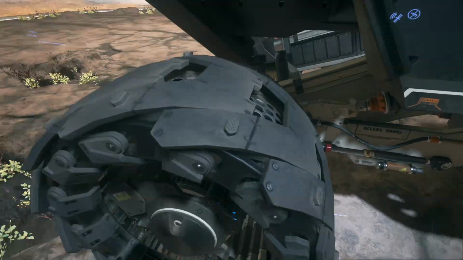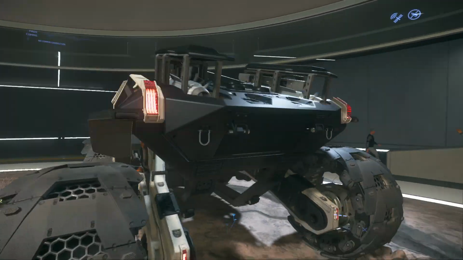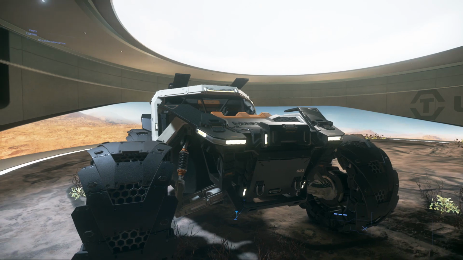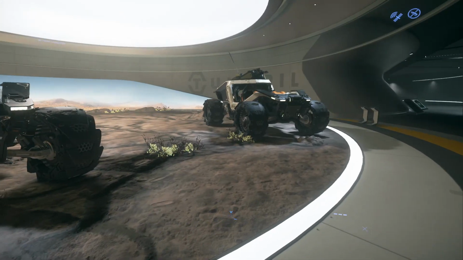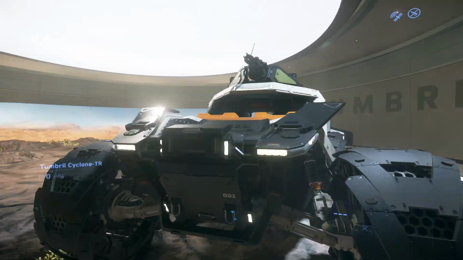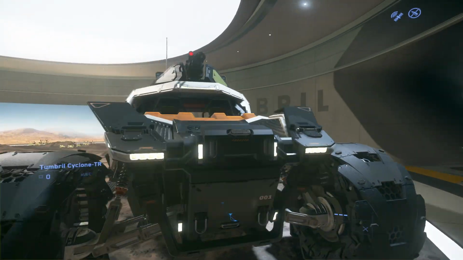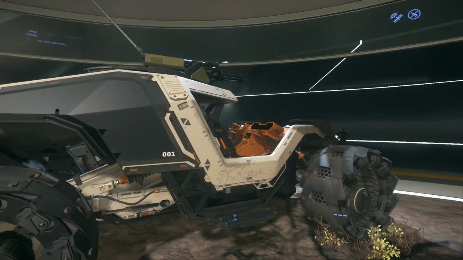So I feel sorry for this car, because it's probably the only time it's going to ever be seen in-game is when players look at it through the IAE Expo events. I'm so sorry. But this one, however, in contrast, is actually going to be used probably by a fair amount of people. This is the Tumbril Cyclone TR, which is a ground...